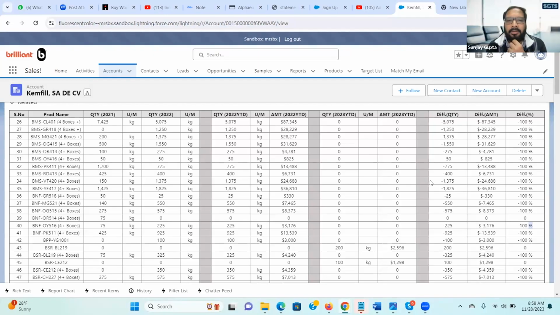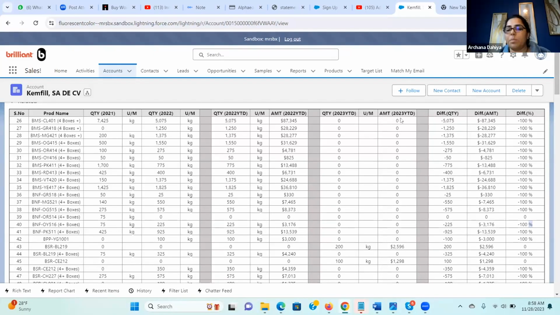Once we upload the data, it will automatically refresh. It's the year to date one, because we are uploading the current year, current month, current week data, and the difference amount, quantity, and difference percentage. These sections will change. Earlier we were planning for inline editing, but